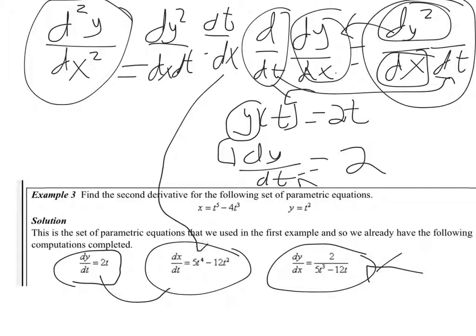We've got to multiply by dt over dx, and essentially, where's that going to come from? That's right here. We just take this guy, 5t to the fourth minus 12t squared, and flip it over, so this is going to be a 1 over. So then you get 1 over 5t to the fourth minus 12t squared, and we'll multiply that by this right here, and then we'll have our answer. So the answer here,